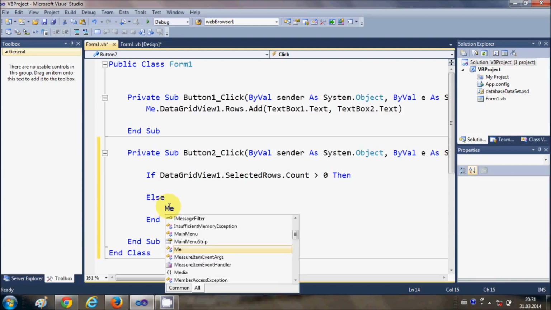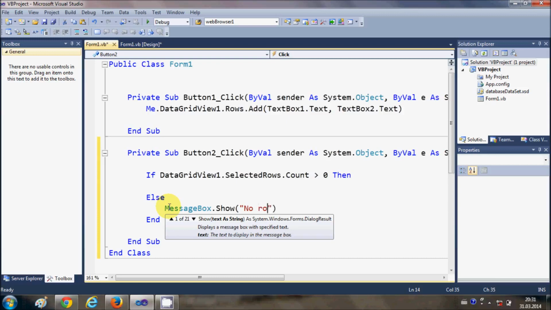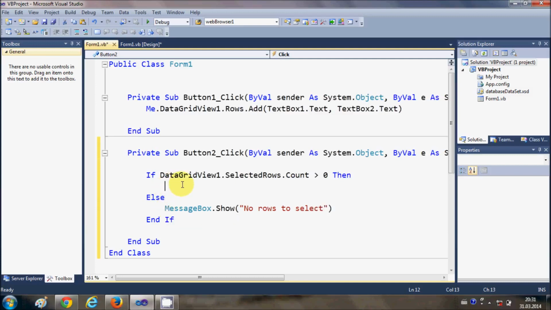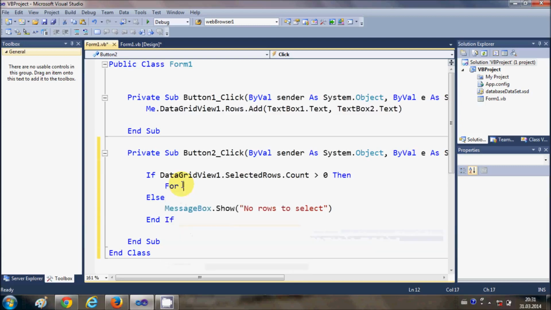So I will just show the message box dot show that no rows to select. Okay, now in this if condition, what I'm going to do is I'm going to declare a for loop